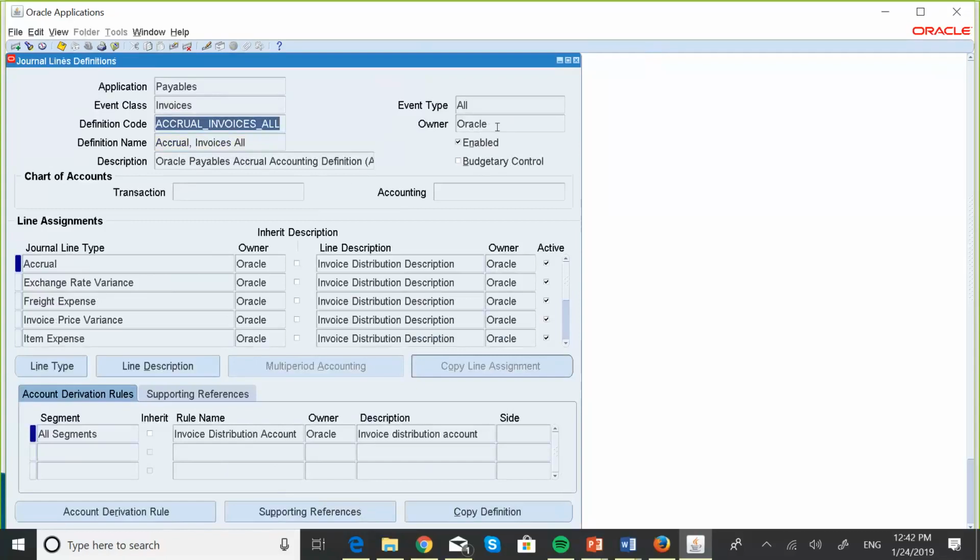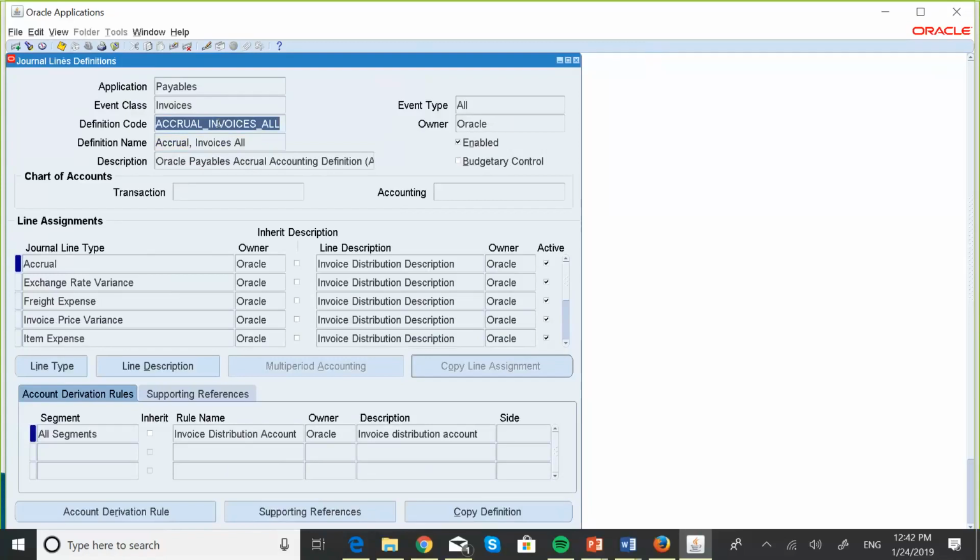You can attach a modified component, you can attach a seeded component to a component that you have modified, but not the other way around. Okay, because that basically means you're modifying the seeded component. All right, let me say that again. You cannot modify the seeded components that are owned by Oracle, which basically means you cannot